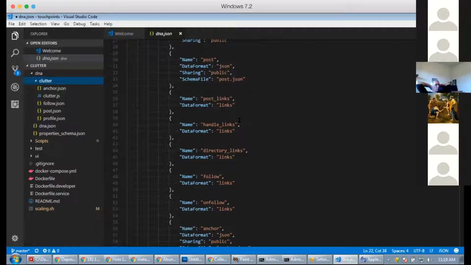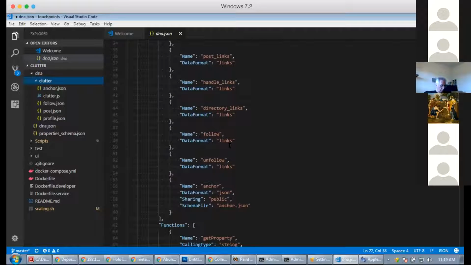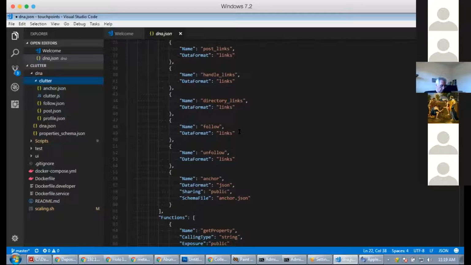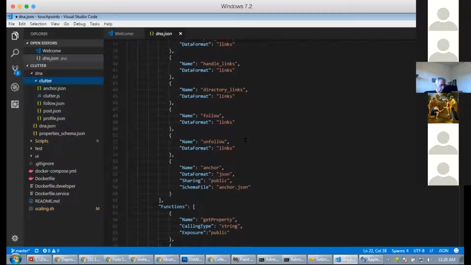When a new handle comes on, we'll see later how we share that to our directory. We hang it off a primary entry, and each of the items hanging off that entry is one other handle within the system. As we're following other handles, we also have a list for that. So that's a link.